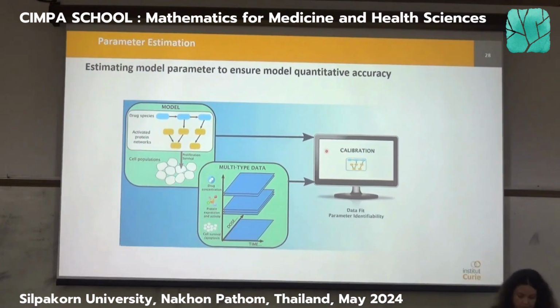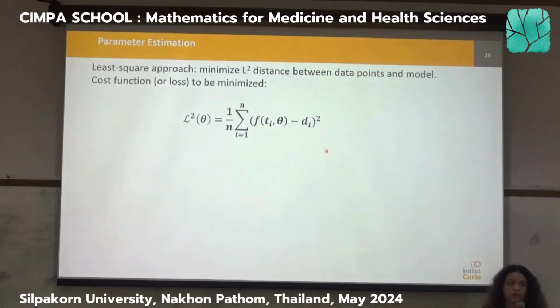Okay, and now I want to talk about how you integrate this data to estimate your parameters. The typical way to do that is to use least squares approaches. What we do is we want to minimize the distance between your data and the model. So you have your model, and the model is f